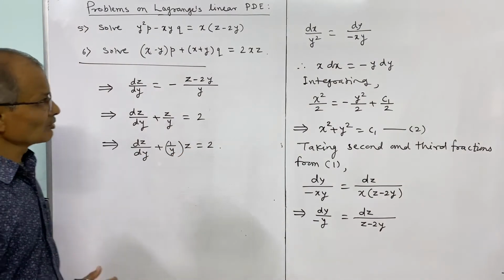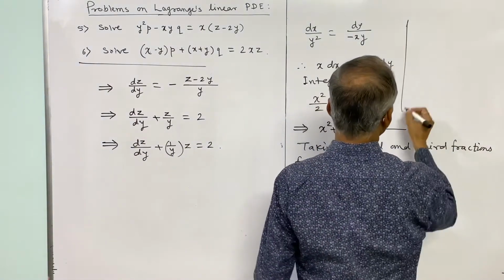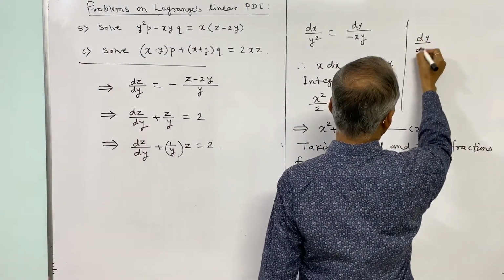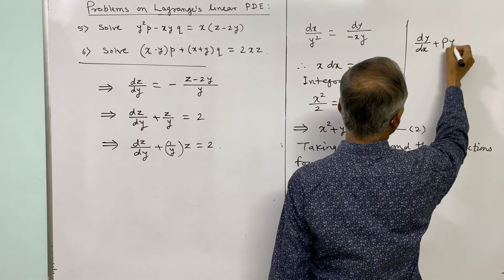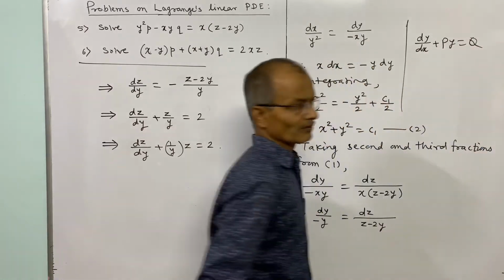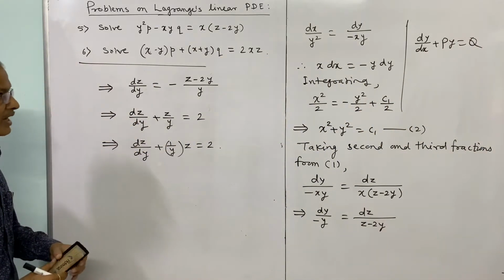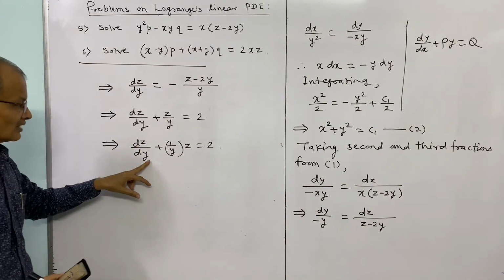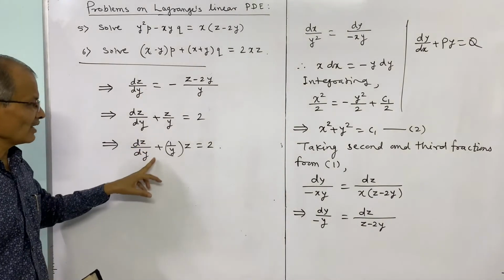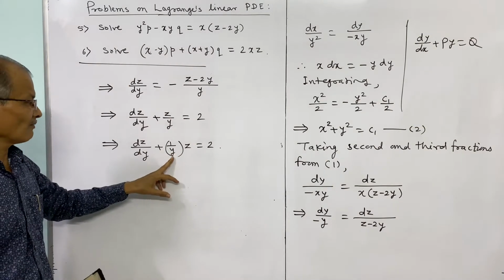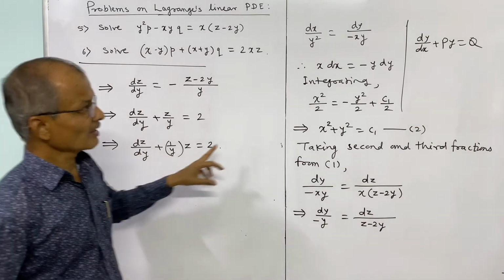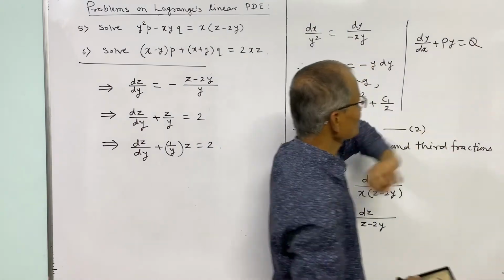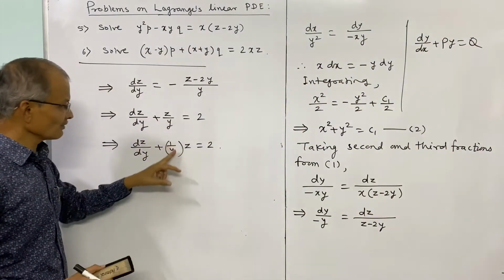we know what is the solution of this. So the differential equation dy by dx plus Py is equal to Q is the linear differential equation, and it is of the same type, but you see instead of y there is z and instead of x there is y. So dz by dy, and this must be function of y, independent variable. Here P is function of y, Q is function of y, and here it is 1 by y.